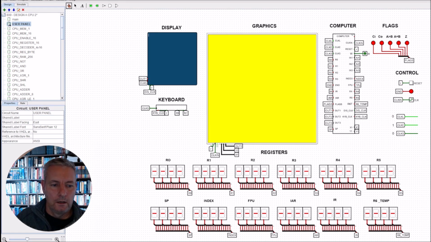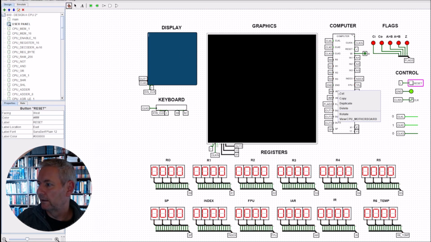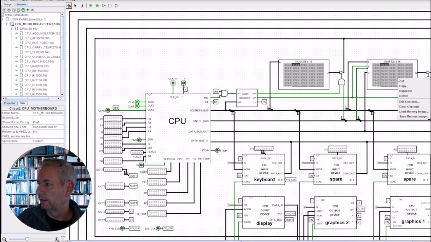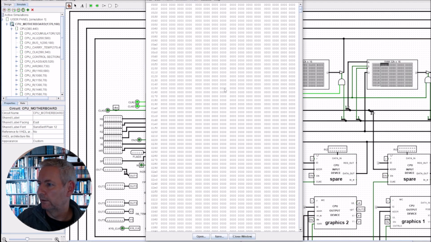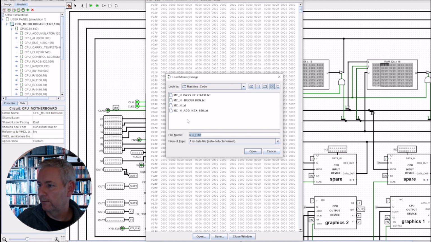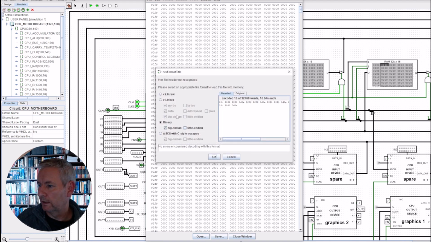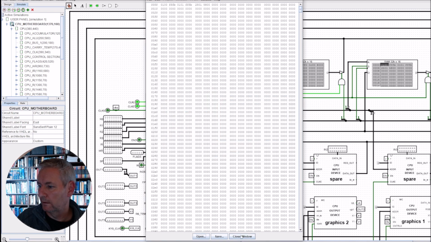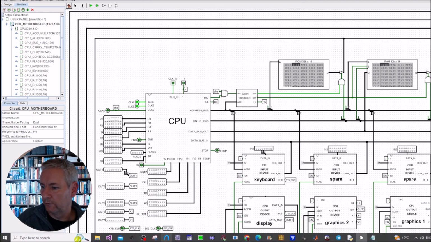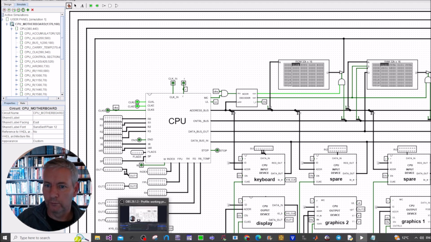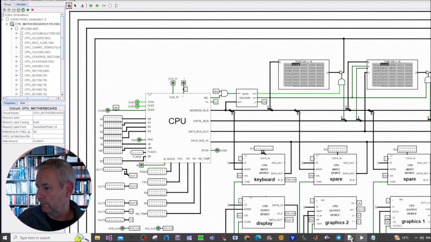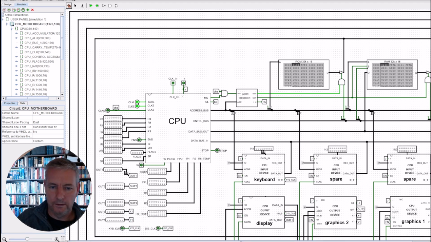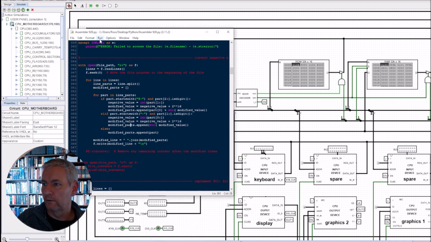So if I reset the simulation, reset, head in here, and I go edit contents and I open up the file. Okay, so this is the file of that assembly language code. In fact, what I can do is I can show you the assembled code as well. So if I click on here and we'll just run it,